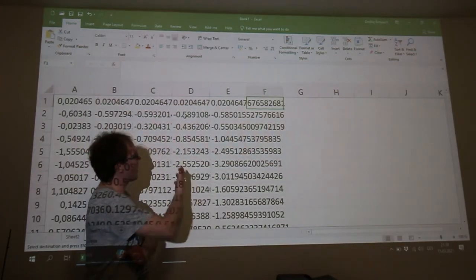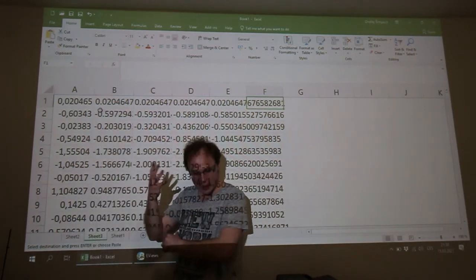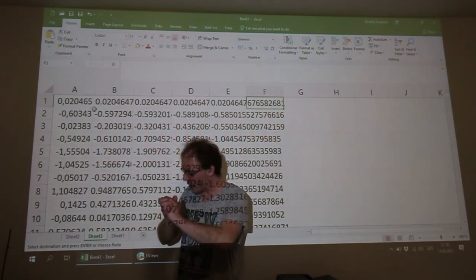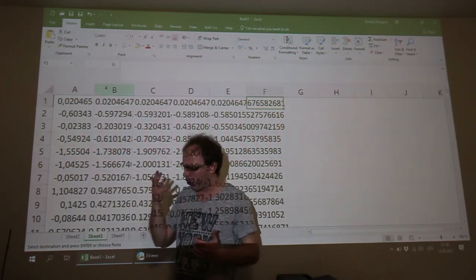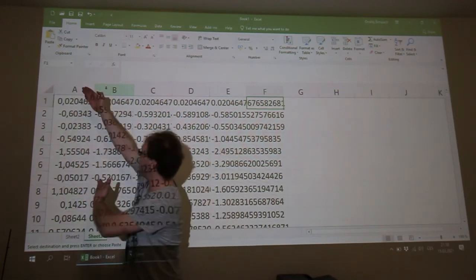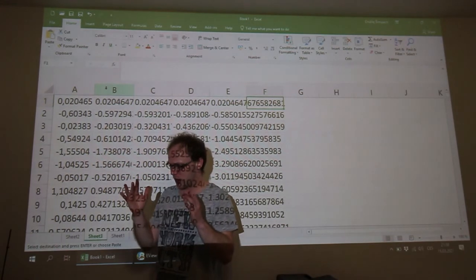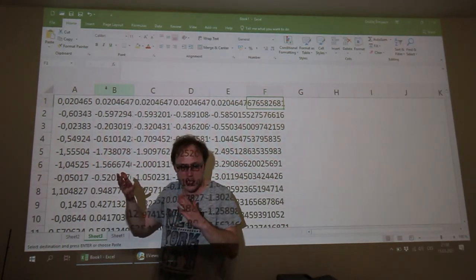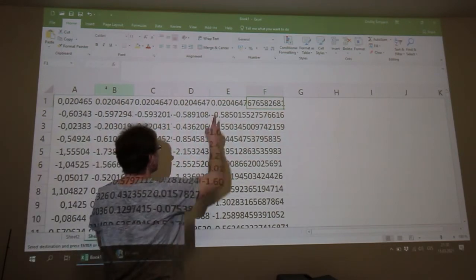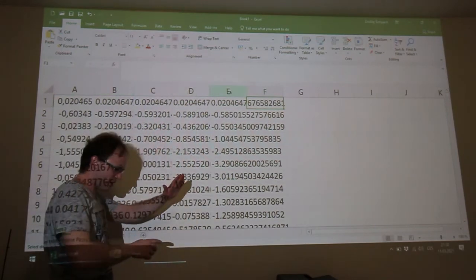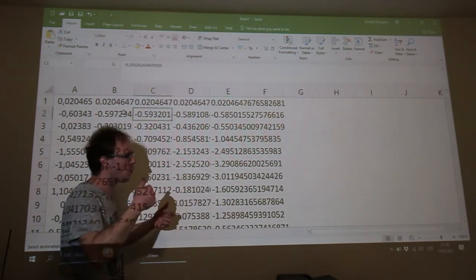Okay, so we are back in Microsoft Excel, and we will create here autoregressive process of the second order. We have here in our A column the white noise process, and here in columns B, C, D, and E we created 4 autoregressive processes of the first order.